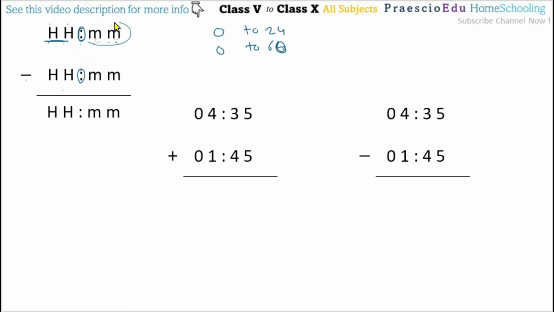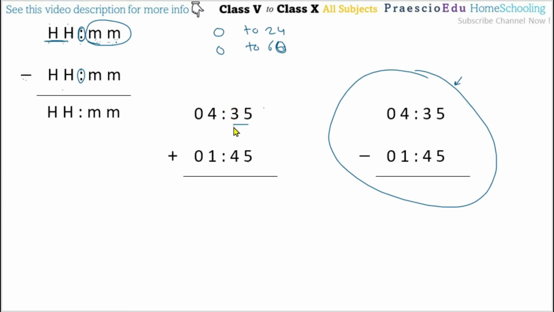If the minutes in the top part are smaller than the bottom one while subtracting, we will see how to make the subtraction, and the additions also. Now addition is very simple: 35 plus 45. Always add both digits at the same time, don't follow single digits. Add 35 and 45 directly, meaning complete minutes, and in hours also take the complete hours. That is the easiest way.